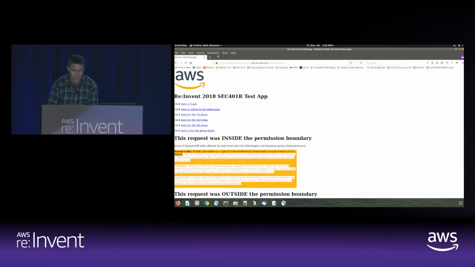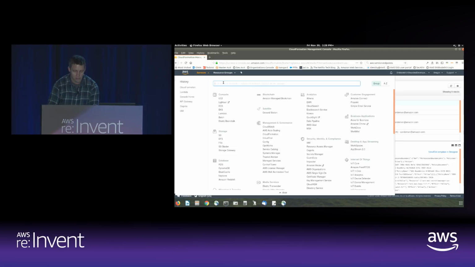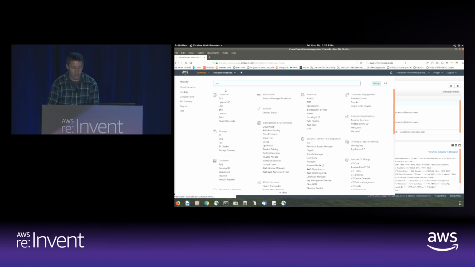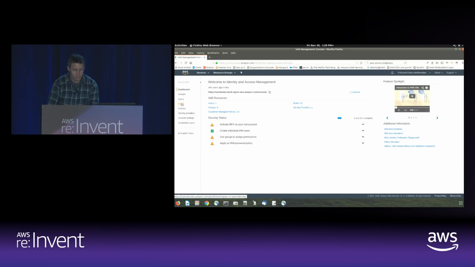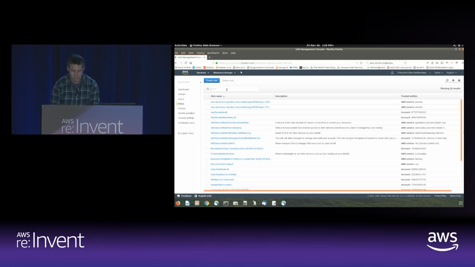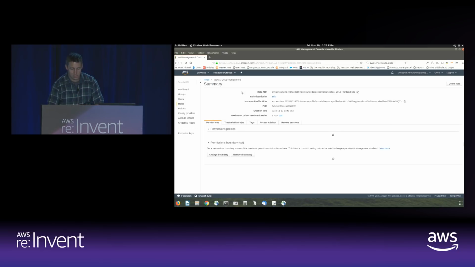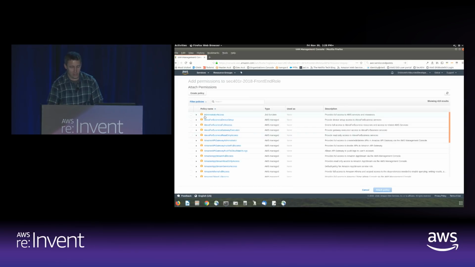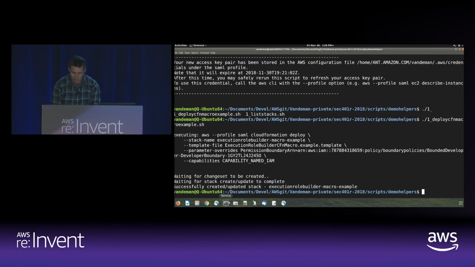And then even if the developer should happen to do the craziest thing going, let's go into IAM. Let's go into my roles. Let's find the front end role that's underneath that application. All right, and let's attach some policies. We're going to go right to the jugular. We're going to go administrator access, right? All right, so